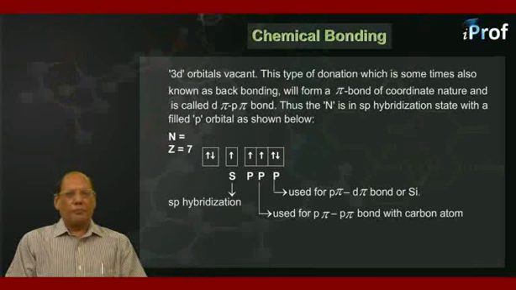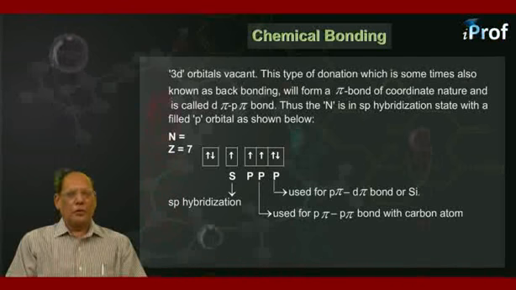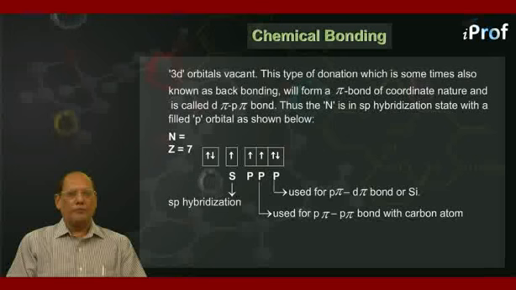But here, this configuration is given in some excited state, where an electron has been promoted from the 2s subshell to the 2p subshell. So the configuration which you see here is 1s2, 2s1, 2p4. Then the s and p orbitals, which have been encircled,